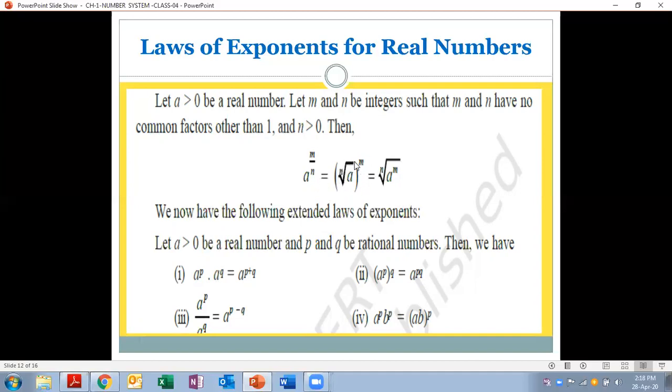So this is the concept of the radical sign, that is the root sign, and also the exponent concept we have in it. Now we have certain other identities that we previously discussed in the case of rational numbers, when we have p and q in the form of rationals, p upon q, or integral form, ratio form. The same identities are applicable here too. When the bases are the same, powers are added. When we have an exponent of an exponent, powers of powers, we multiply the powers, and so on.